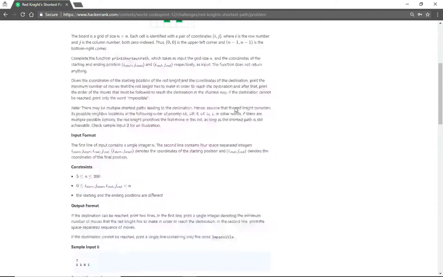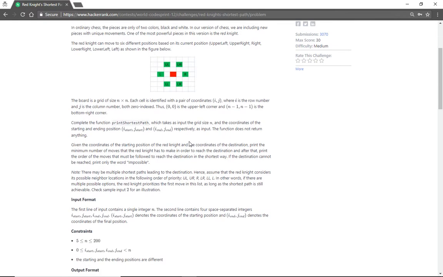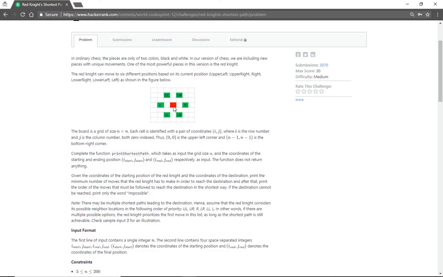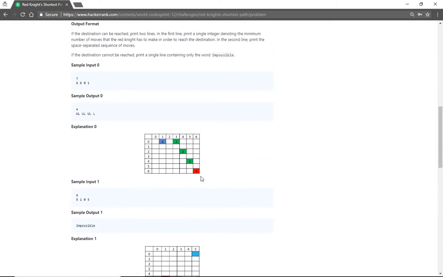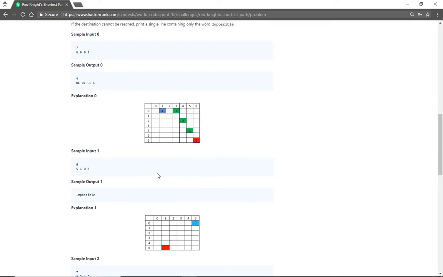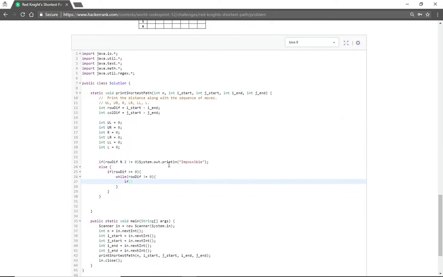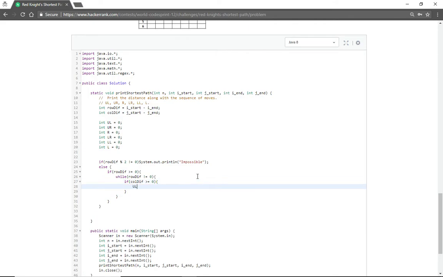okay, since we're moving up, how do we decide if we're going upper left or upper right? So now we check the column difference. So like in this case, our column difference would be 4. So it's positive, so we have to move left to the negative. So we would want to choose upper left. So we could check, okay, if our column difference is greater than or equal to 0, we increment our upper left